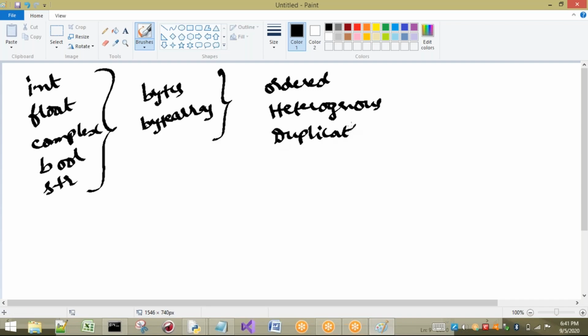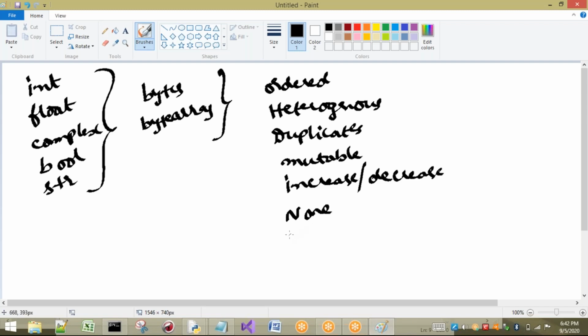After inserting, there is also a need for changing, so it should be mutable. Next, the size can be increased or decreased, because after inserting some data there is a chance of deletion and of insertion also. Sometimes I also want to insert None. These are the different properties my data contains.